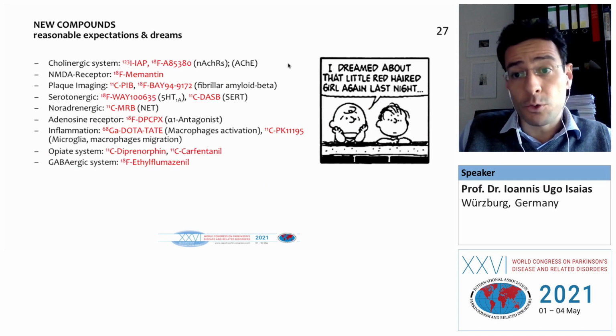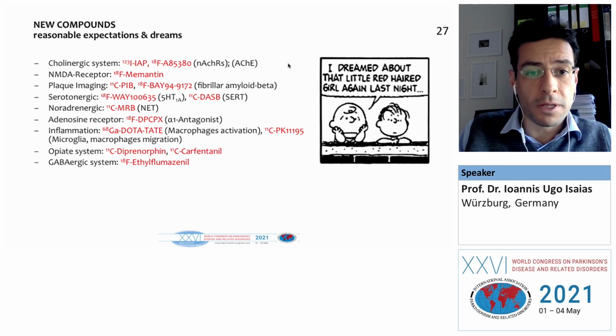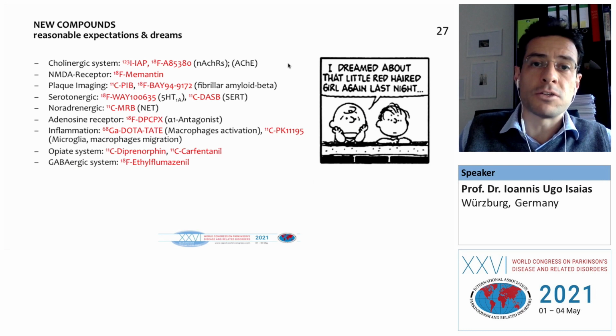There are many new ligands coming up, now tested for research, and we hope that some of them will also be of clinical utility for a more accurate diagnosis of our patients, possibly with strong anatomopathological correlations. More is yet to come, and we really hope for better resources to improve the diagnosis of our patients for more tailored and patient-specific therapies.